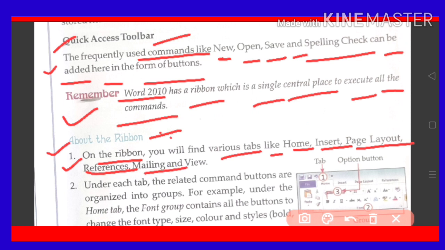and view. Second, under each tab the related command buttons are organized into groups. Groups means divisions. For example, under the Home tab, the Font group contains all the buttons to change the font type, size, color and style.